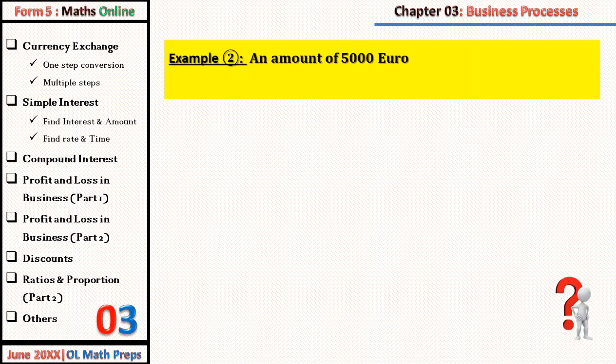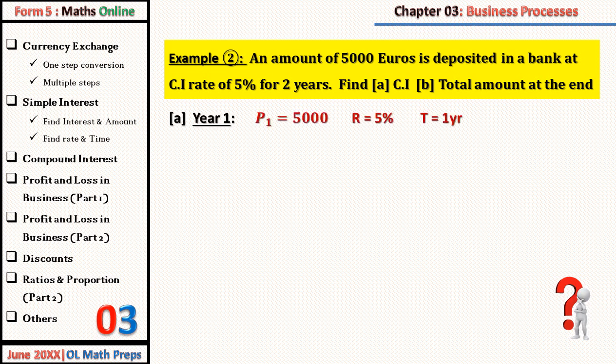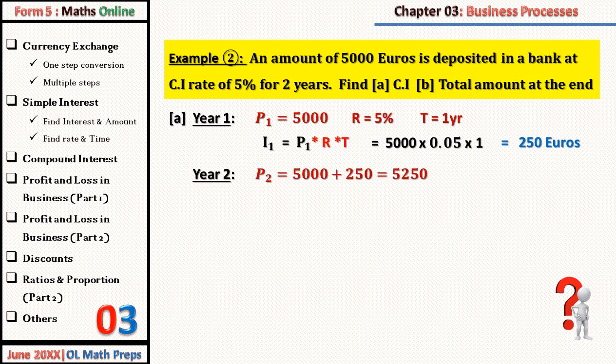Example 2. An amount of 5,000 euros is deposited in a bank at a compound interest rate of 5% for 2 years. Find the compound interest and the total amount at the end of the period. So for year 1, our P1 is 5,000, the rate is 5%, and T is 1 year. I1 is P1 times rate times time, giving us 250 francs. Then, or euros rather, then P2 is